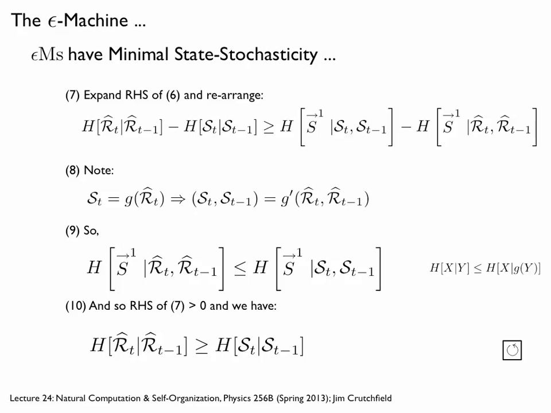So the epsilon machine does not ascribe, willy-nilly, extra randomness to a process. You could do that. I mean, it's a hidden process after all. So you could have things that are at the observation level equally predictive, but had a more complicated internal mechanism. So this, in some sense, is showing that the mechanism is least stochastic compared to alternatives. Okay, well that's pretty good. I mean that's sort of all the hard work here.